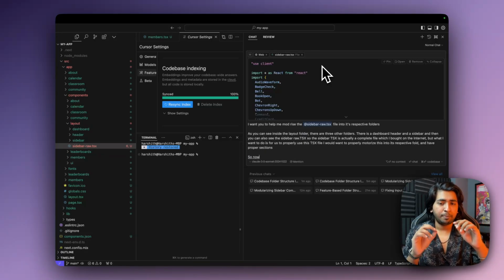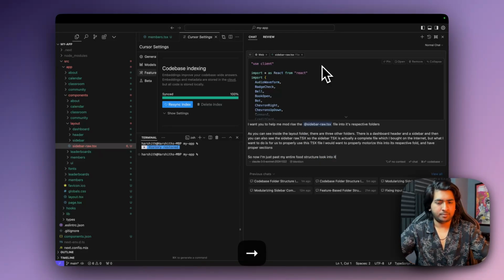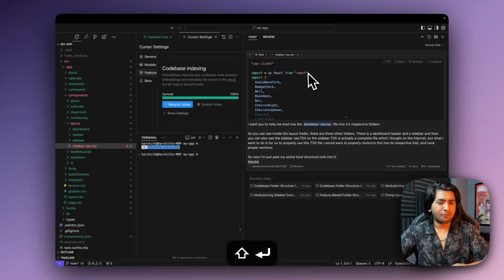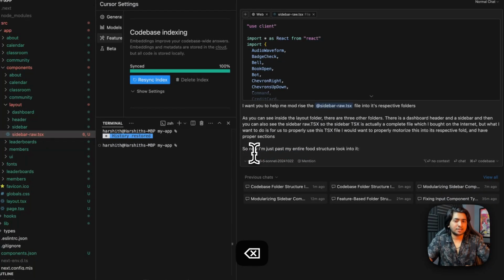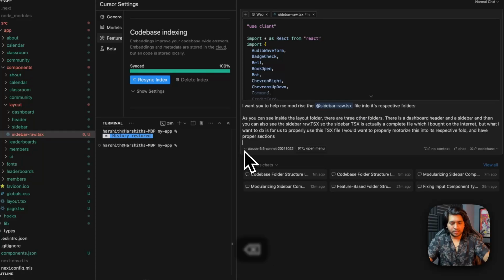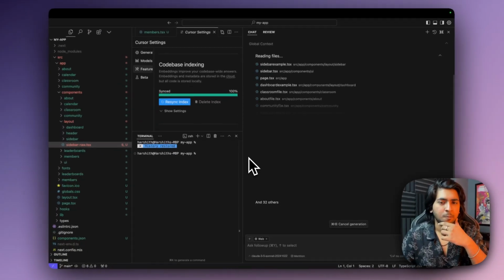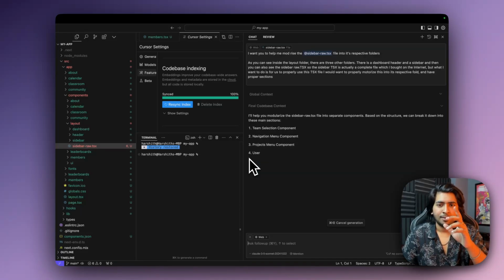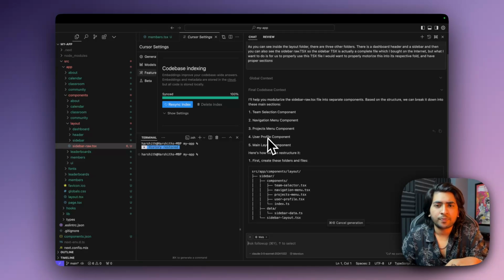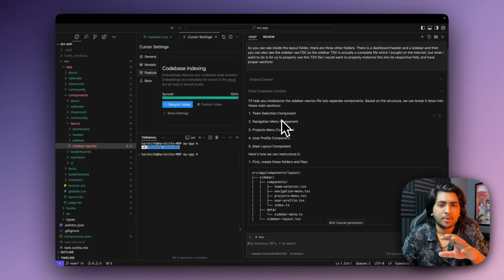So now I'm just pasting my entire folder structure here. Look into it. Maybe we don't have to paste it. Let's just see this. Let's try not to paste it and enter. Let's see what happens. Okay, now it's still reading through all the documents, all the files, and it'll literally find nothing. Okay, now I'll help you modularize a sidebar raw file into,